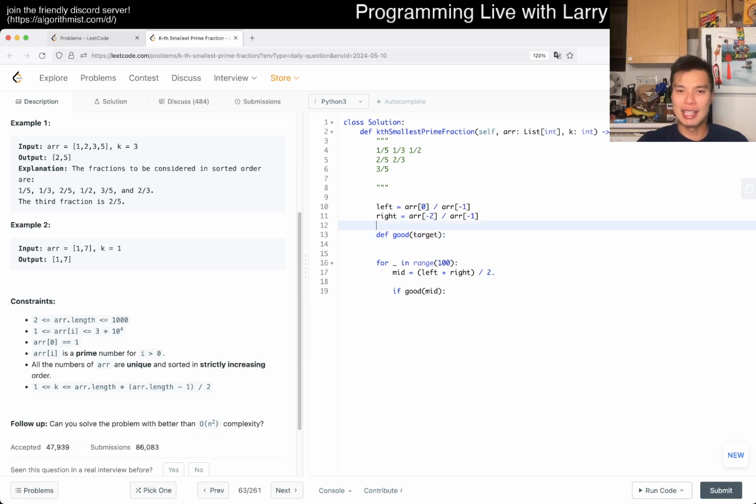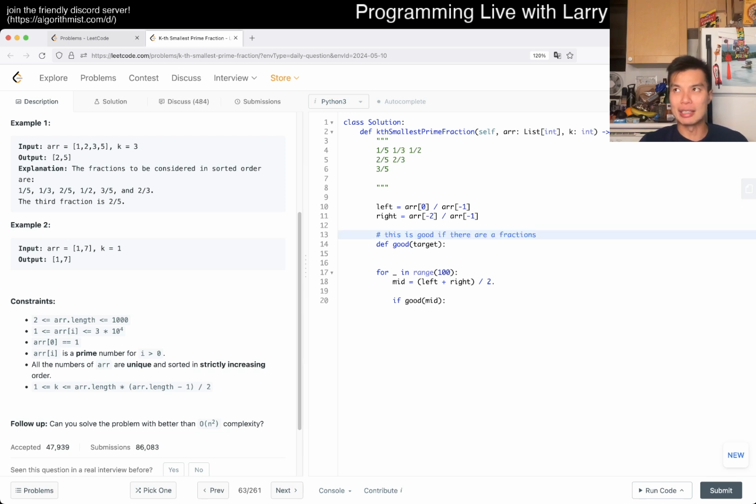Basically we're saying how many fractions are there. This is good if there are at most k fractions under this target, right? And yeah, that's basically the idea. So if there are at most mid, that means we want to choose a bigger number, right? Because that means that target gives